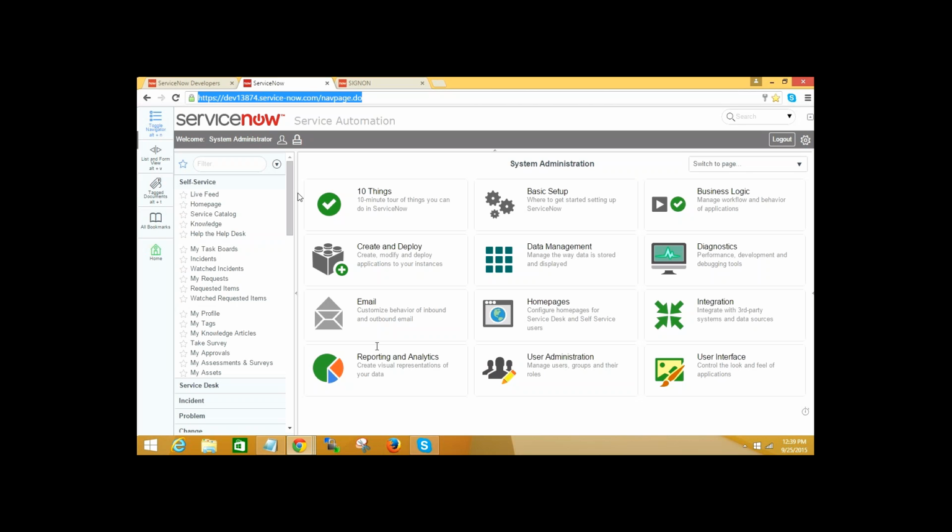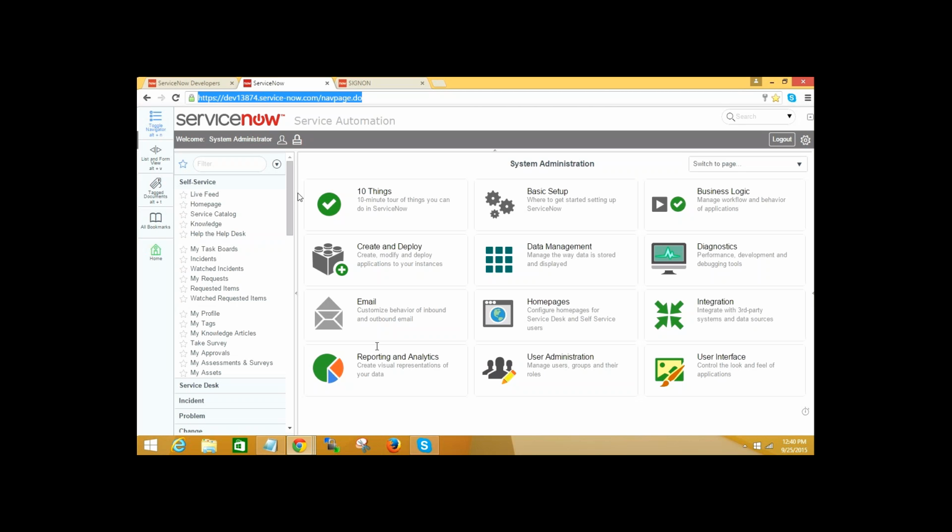It depends on the customer. If the customer requests MySQL as a database, ServiceNow data centers provide a MySQL database. If they need Oracle, then they will provide Oracle as a database. So these are the two databases.